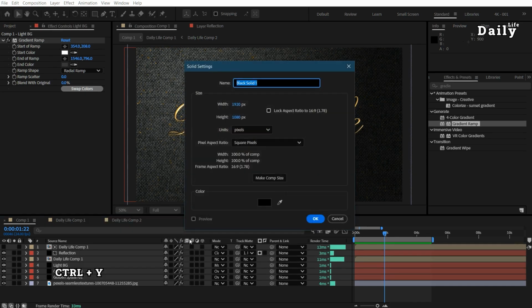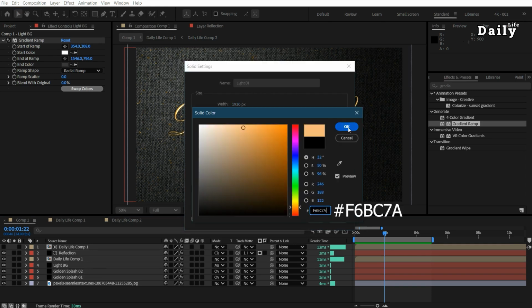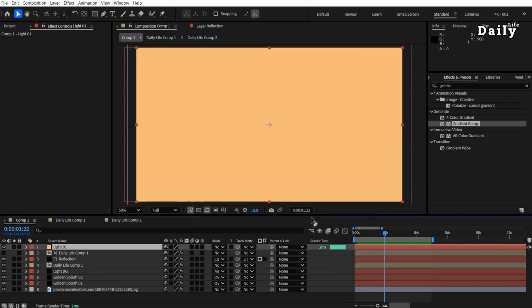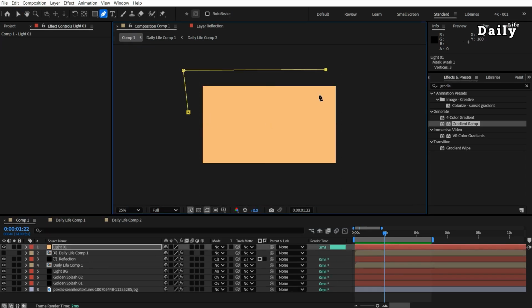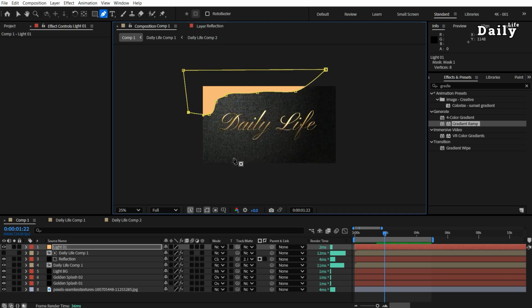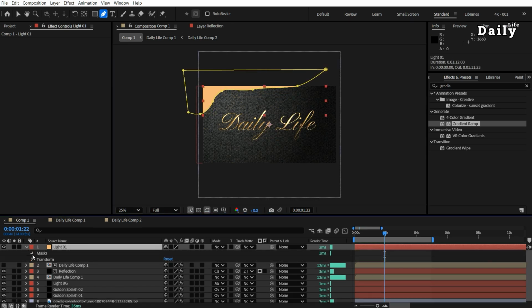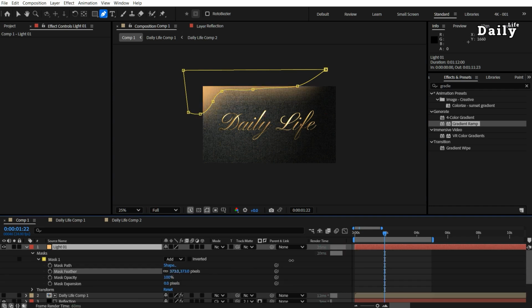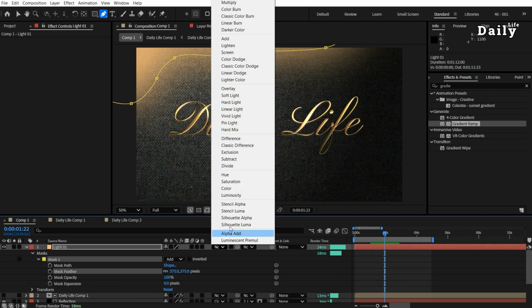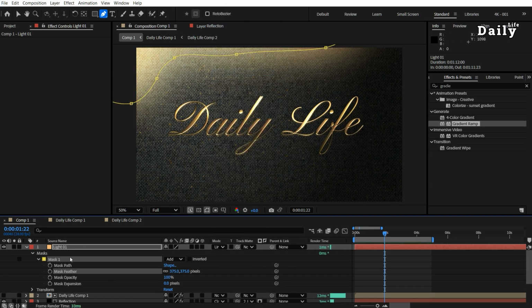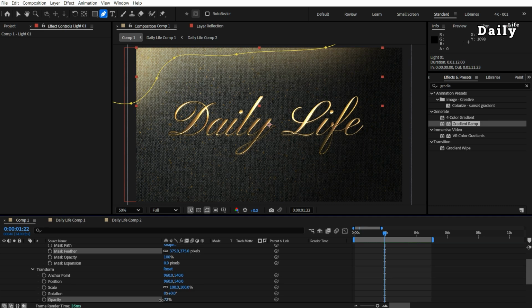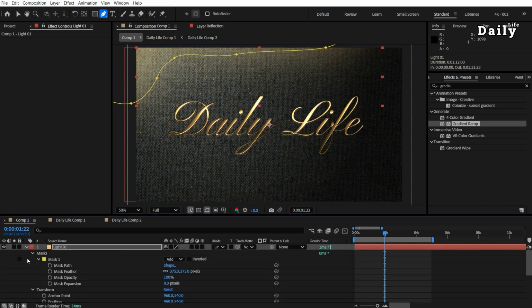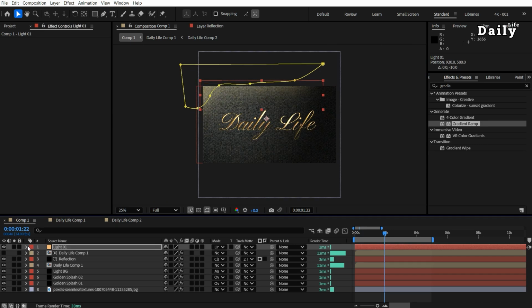Create two line shines from the top and the bottom. Create a new solid and name it Light 1. Set the color to a light yellow. Create a mask. Select the Pen tool and draw a mask on the top of the solid to create the first light shine. Increase the mask feather amount. Change the mode to Linear Dodge. Reduce the opacity to 50 for a softer light effect. Place this layer at the top of your scene in the correct position. Duplicate the Light 1 layer.